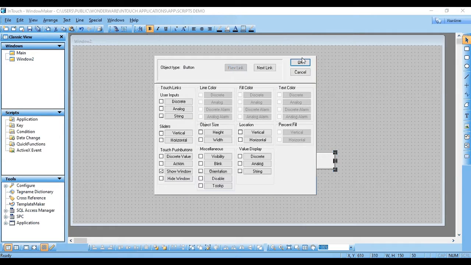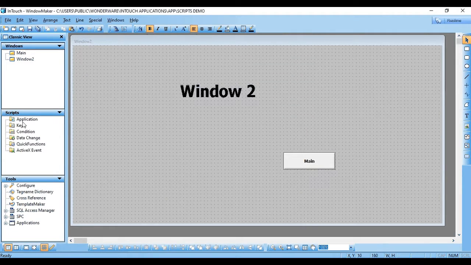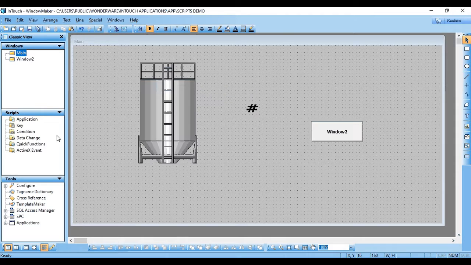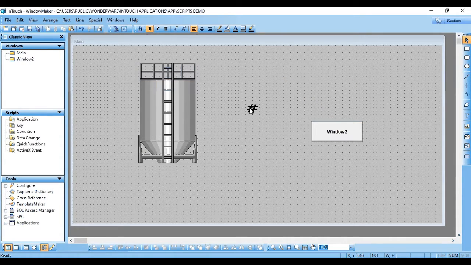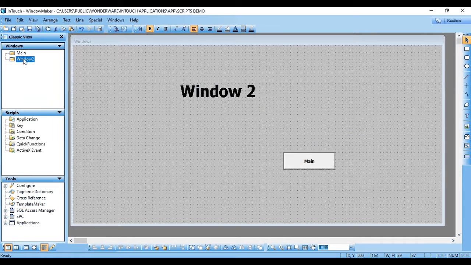Now our objective is this: if the script were present in the window script and we display the count on the second window, then if we are on the second window it will not continue to count.